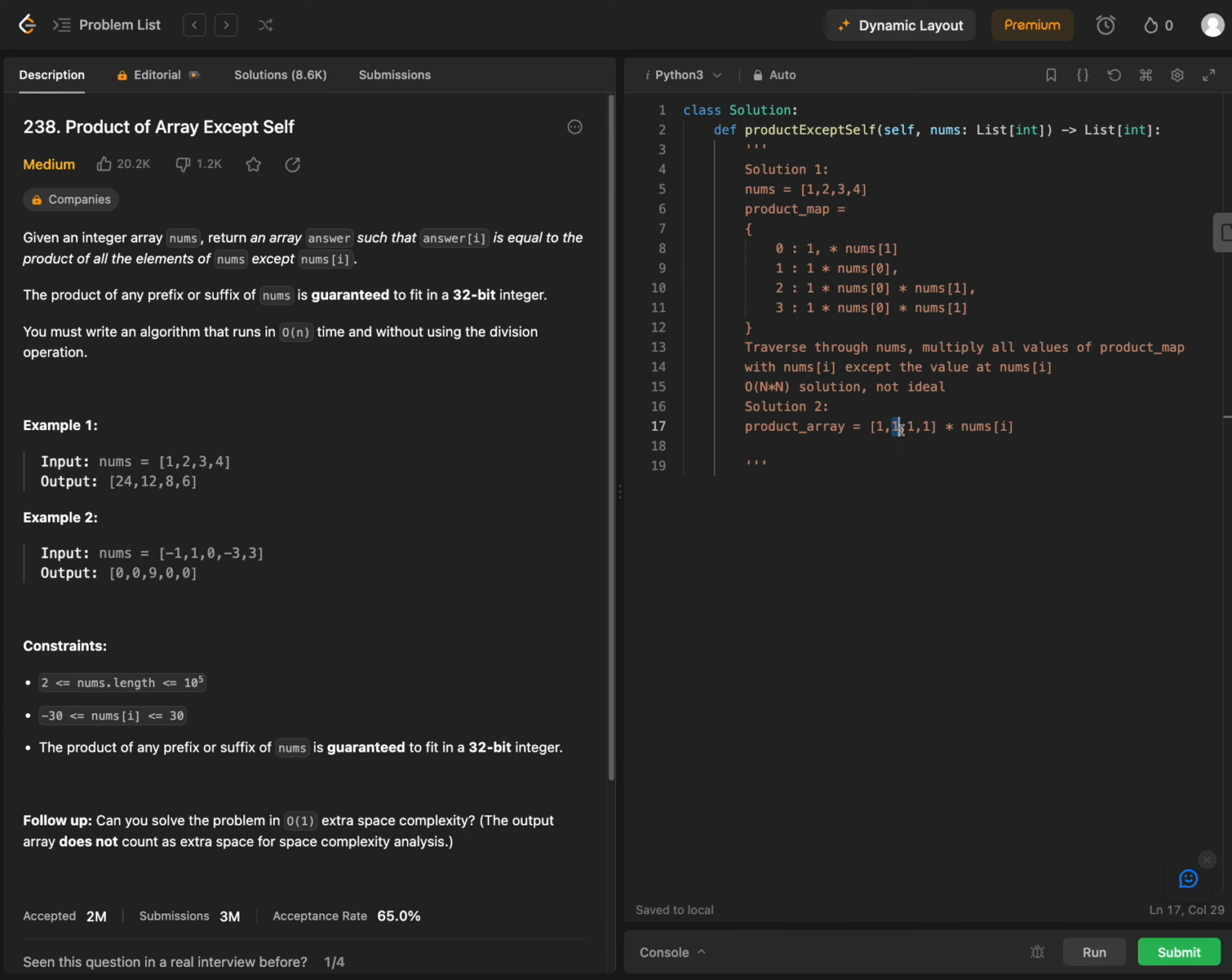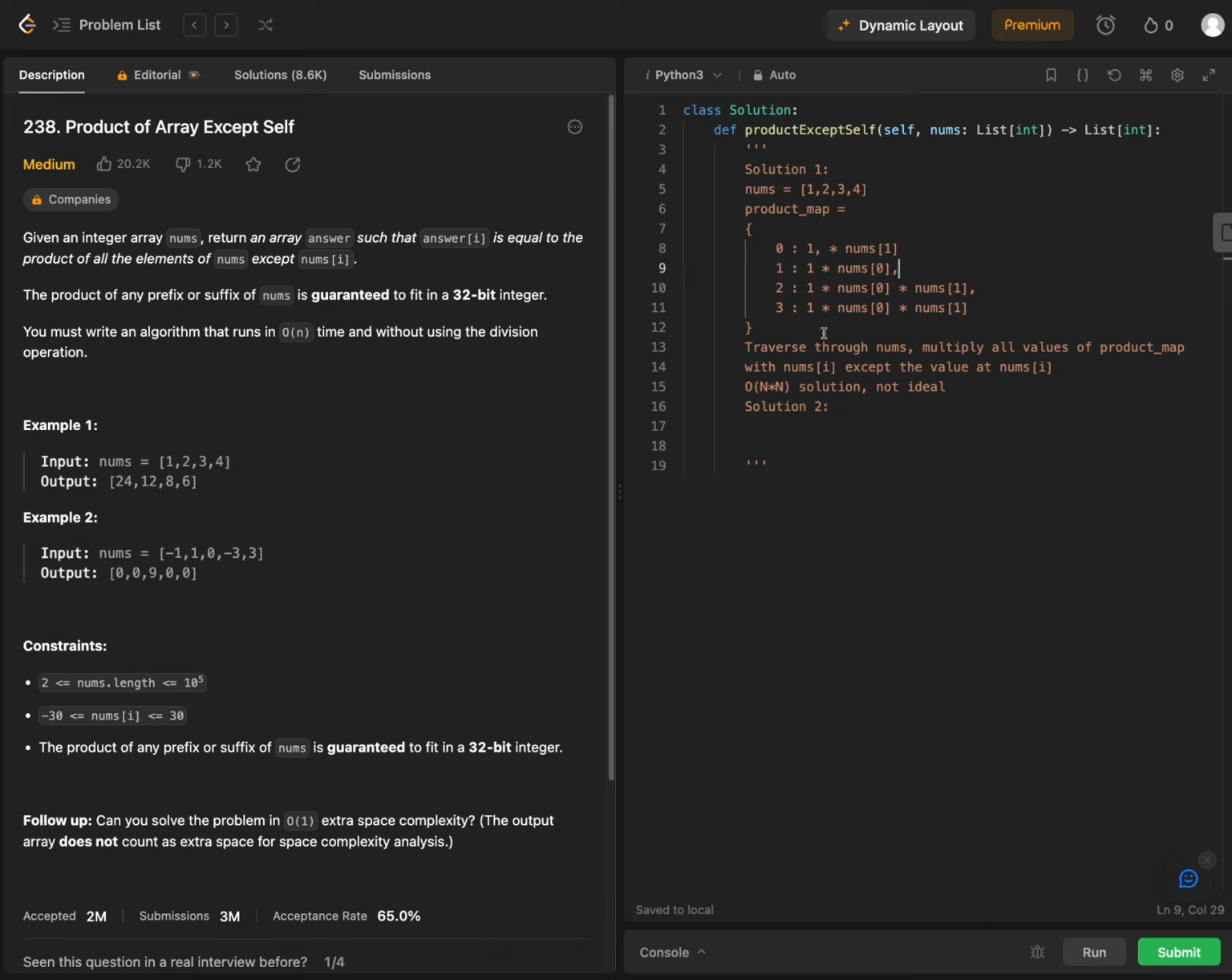How do you multiply the entire array by a particular number? It's still O(n) time complexity. Yeah, it's the same, so this doesn't work. If we don't use a product map, what do we do? If we do not use a product map,